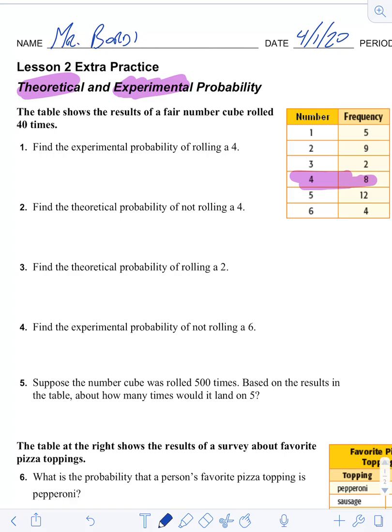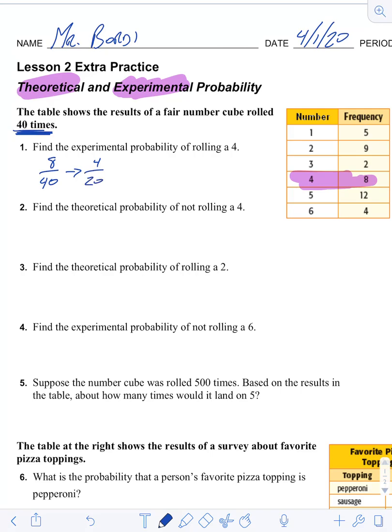So I'm going to make a probability. 8 is my numerator. I rolled it 8 times. That's how many times it happened. Now my denominator is the total amount of times that I rolled the die. If I read the bold, right here it says 40 times. So that would be 8 over 40. Now I need to figure out, does this reduce? Yep, that simplifies down